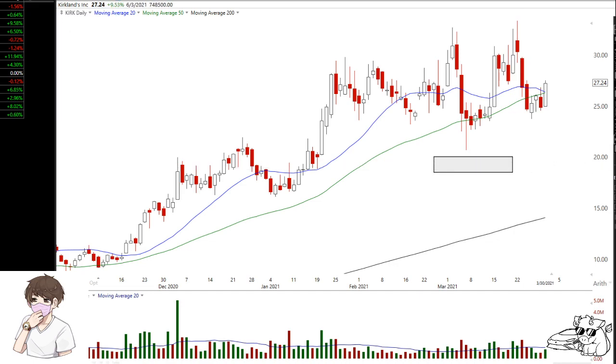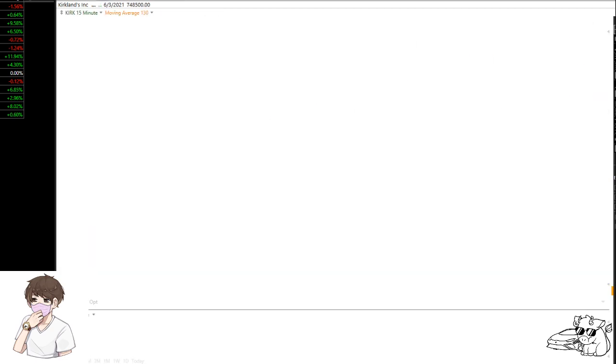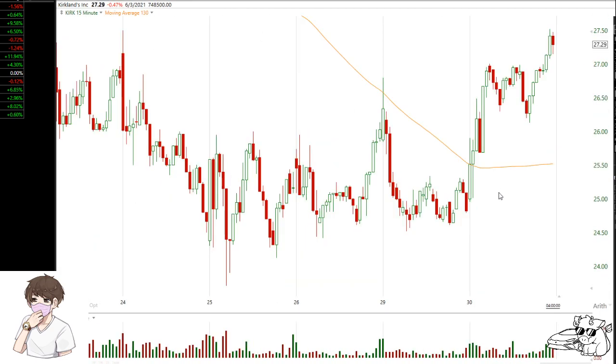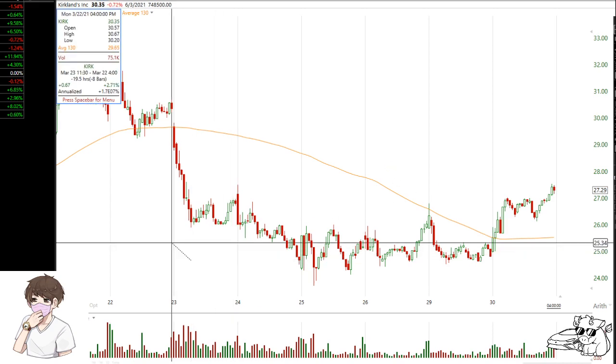You can obviously see that it's making higher highs and higher lows, with the flat and rising 20 and 50-day moving average. We just tested the 50-day moving average lately and it seems to be bouncing back from it. Now you can't really find any good entries on the day chart, so you go down to the 15-minute chart. As you can see, the stock has been consolidating for the last couple of weeks